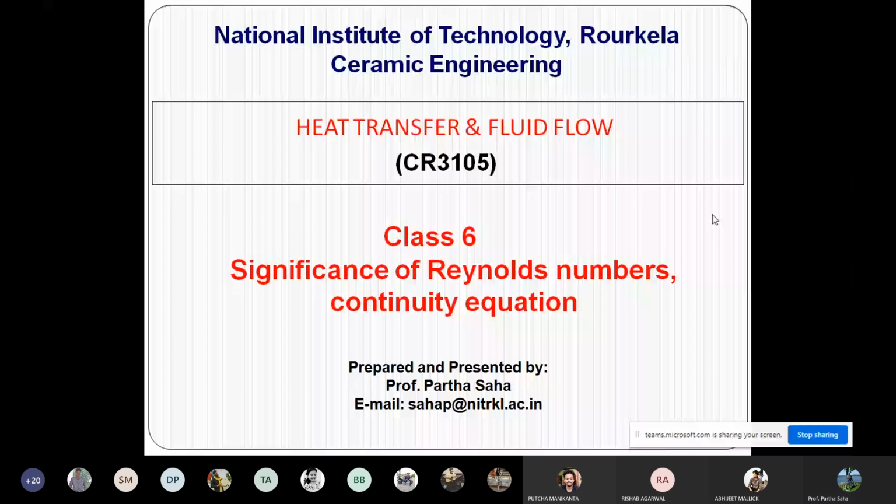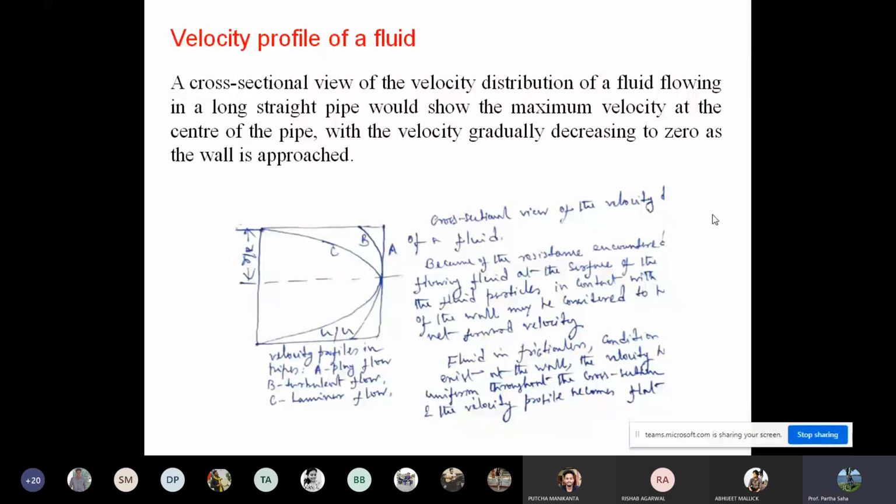First, we're going to talk about the characteristics of fluid behavior. When a fluid is flowing on some surface, it exhibits some sort of velocity profile. As you can see in the figure here, there are three curves given, A, B, and C. So what is A, what is B, and what is C? We're going to talk about this. This is a cross-sectional view of the velocity profile. This is the leading edge of the fluid, and this is the barrier or the wall. The fluid moves from left to right.